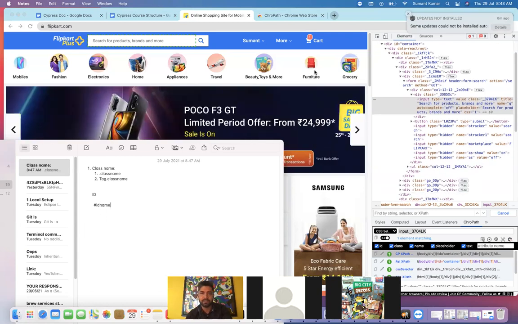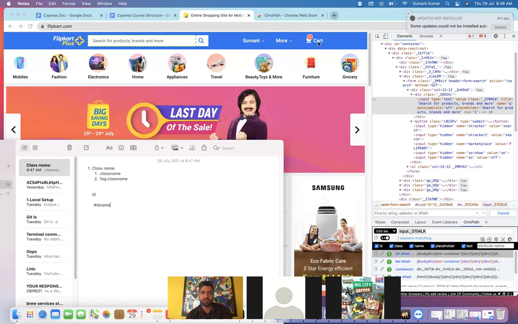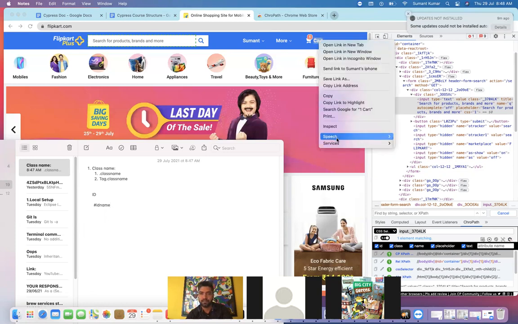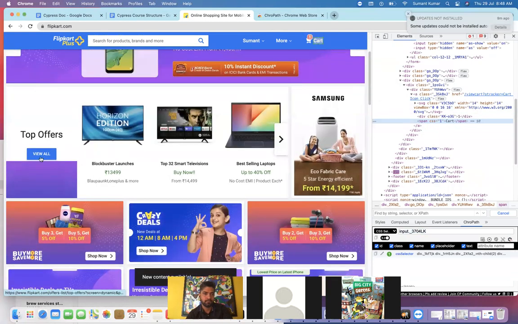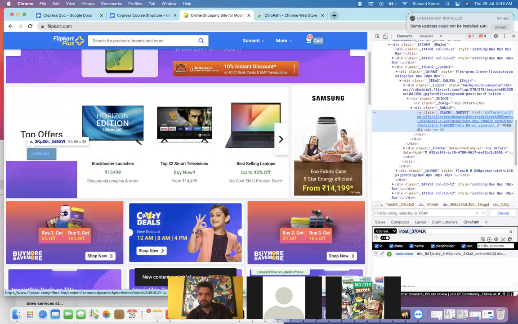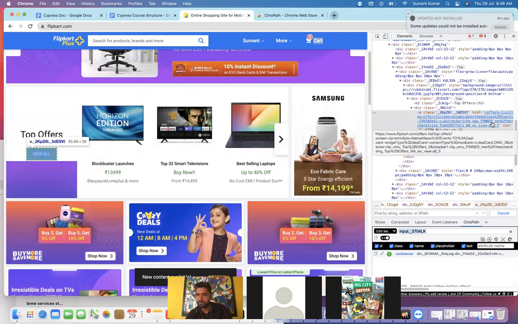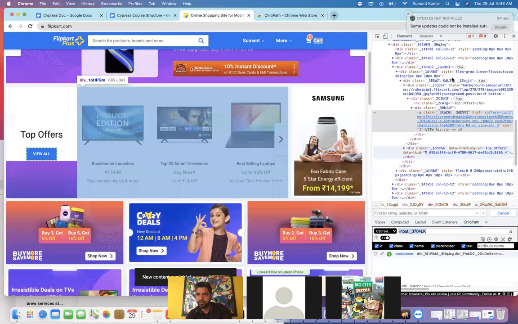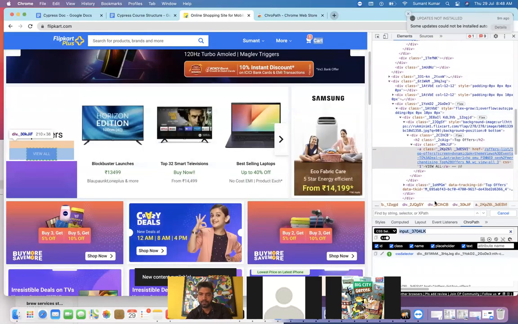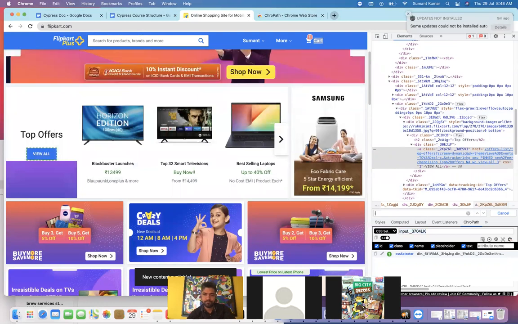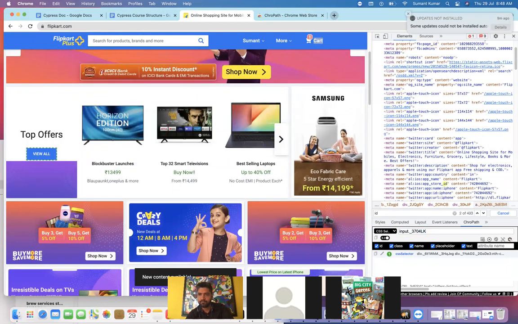So let's say I take this card and inspect it. Not here. View all. We need to figure out where the ID is.